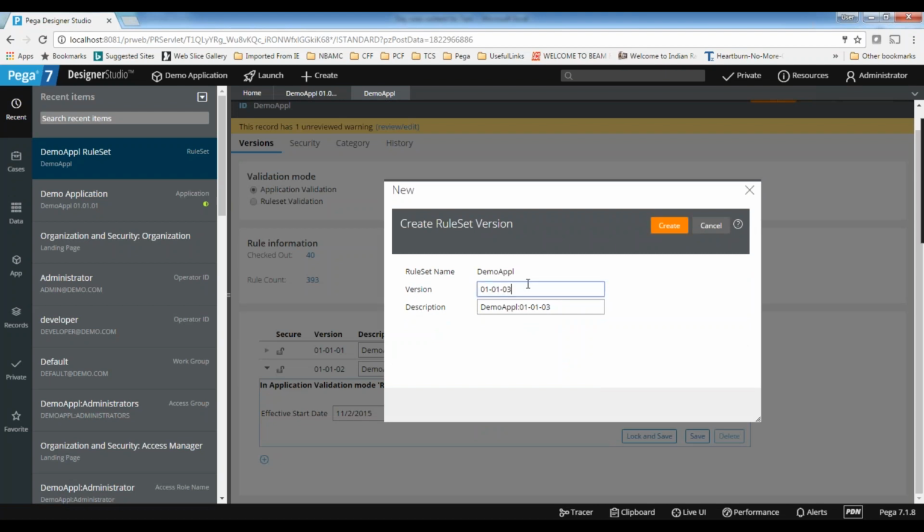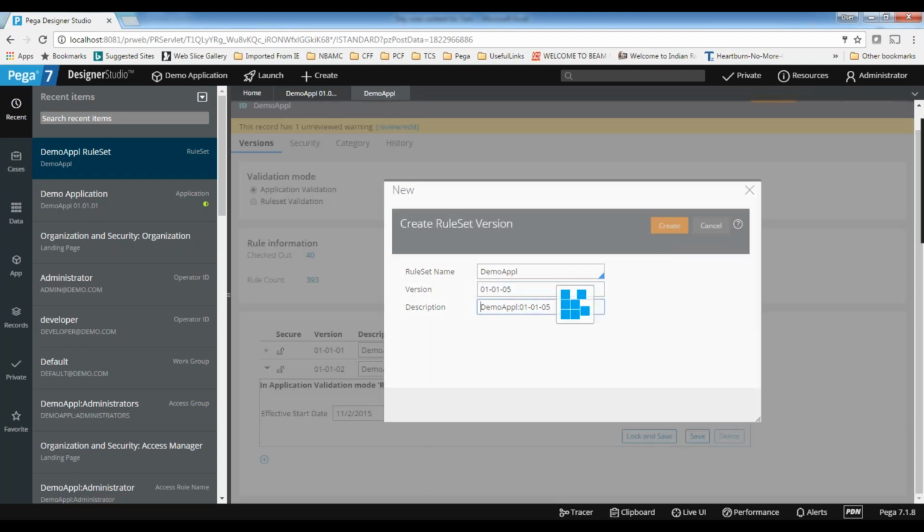If you want to modify the version, you can modify the patch version, but don't modify the major and minor version. The system will accept that, but as a developer you should not modify the major and minor version. If I want to modify the major and minor version, I should go for skimming only. Here I'm changing just the patch version, so you can change it to 03 or 05, whatever you want. The system will always go for the next version.